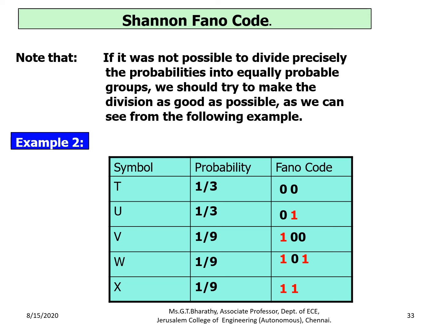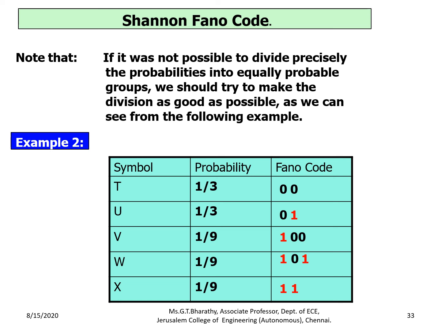So this is the same example where first I have divided 1/3 and 1/3 separately, and three symbols at the bottom portion. So 0, 0 at the top and 1, 1, 1 at the bottom. The first step is the same. Moving on to the second step, at the top partition we have only two symbols. Since you have only two symbols, by default you put 0 to the upper symbol and 1 to the lower symbol. Now in the second partition we have three symbols here.